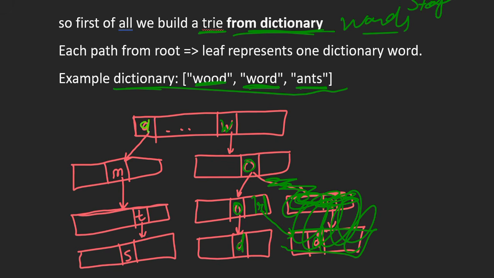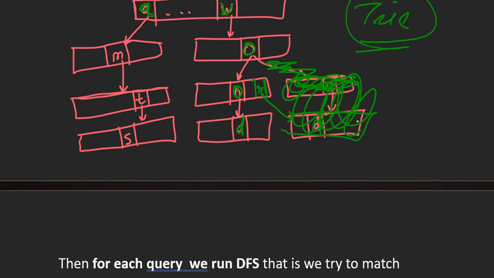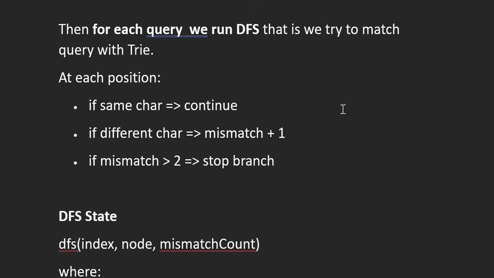Then we made A, then N, T, and S. So this way we'll be storing these three. This way we'll make our trie from the dictionary words, right? And once we make the trie, then for each query word,